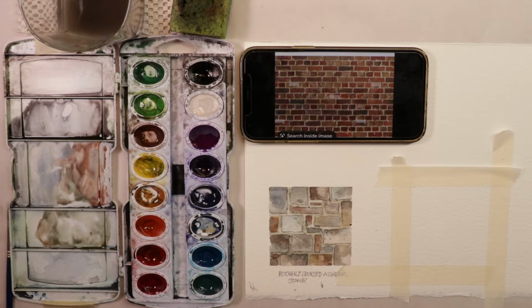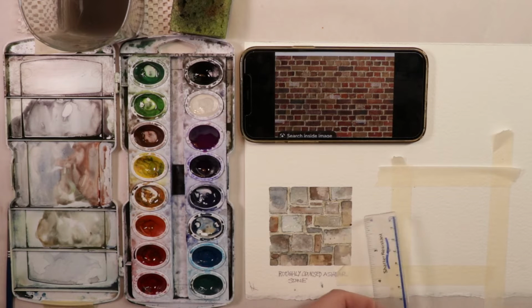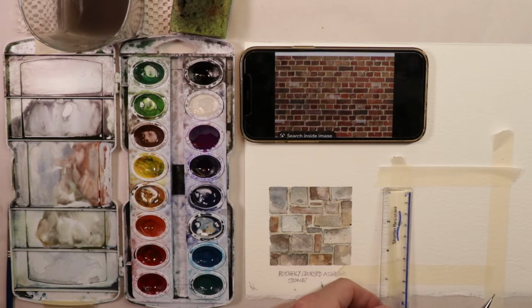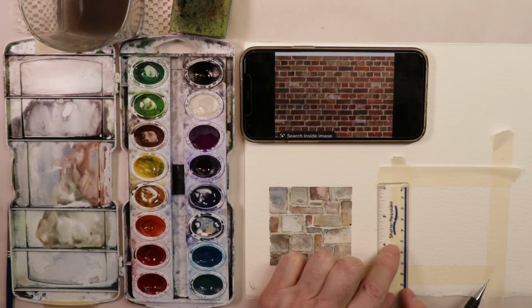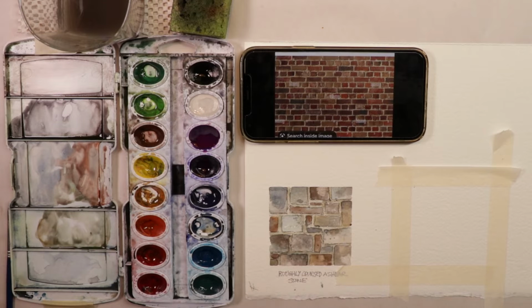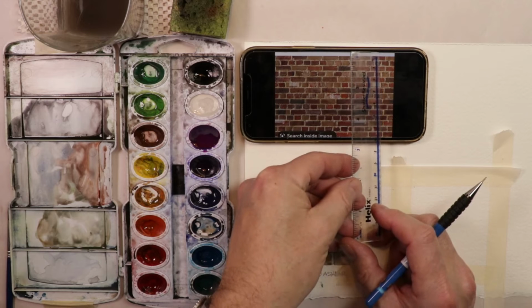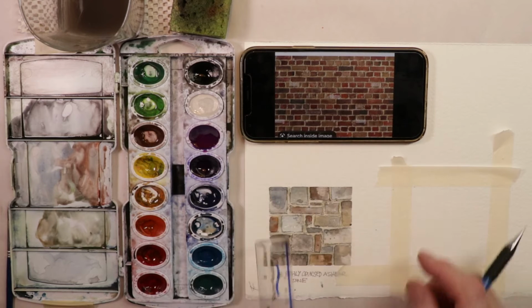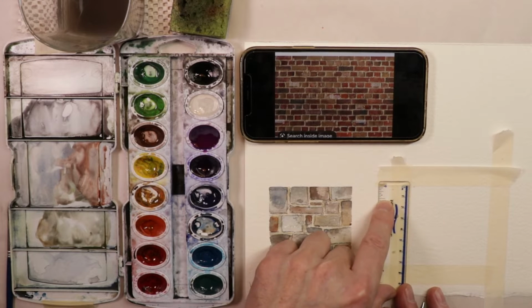So what we would do here for this is probably the best bet is to make the lines across the paper and measure the lines so that they're pretty accurate. So we could say like a 1/2 centimeter maybe, and that would probably be the best bet to measure this here. Yeah, it's a 1/2 centimeter per brick coursing. So each brick coursing is about a 1/2 centimeter. So we're just going to take our